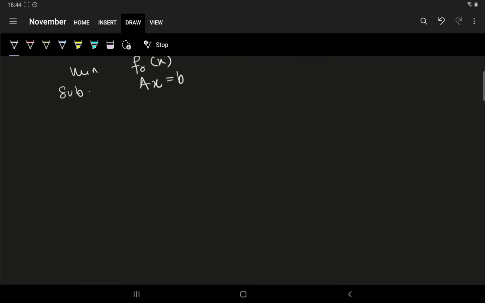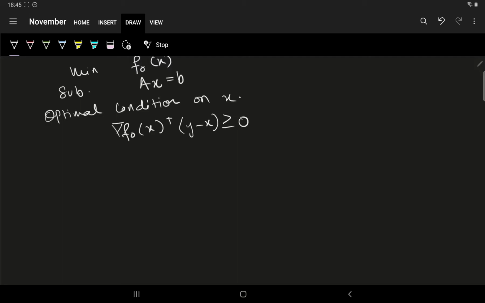So the optimal condition on x would be, so we know we are using the differentiable criterion, and here the y must hold this criteria, Ay equals to b, and since x is feasible, y should be feasible,